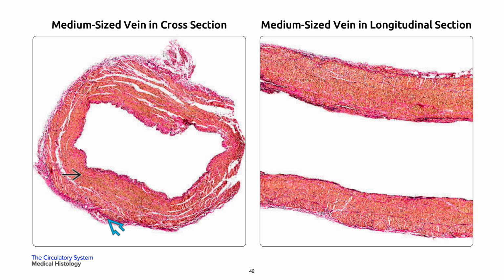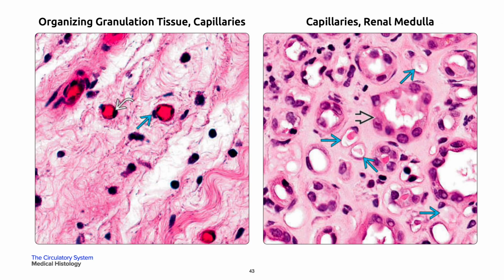On your right is a longitudinal section of a saphenous vein branch. It shows that most of the adventitial muscle bundles run parallel to the vessel length. On your left is the capillary surrounded by a loose connective tissue matrix that are component of classic wound healing